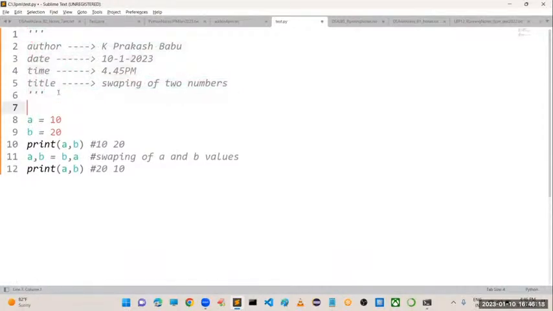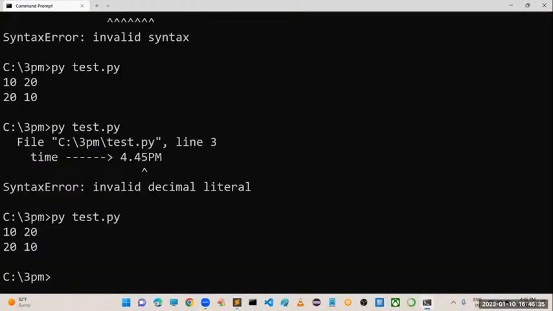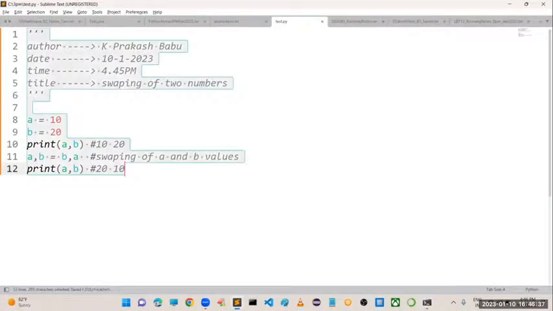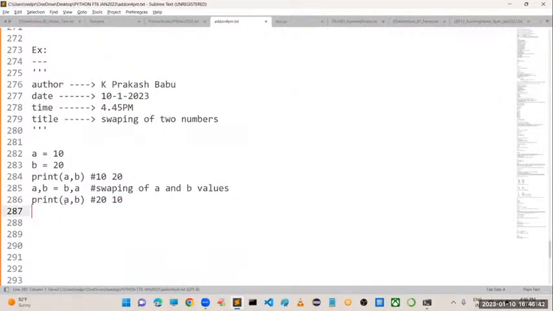These are multi-line comments and these are single line comments. Whenever you need to treat an entire line as a comment, it is better to go for the single line. And if you want to make a group of lines, then you have to go with these multi-line comments. In this case, the program will work fine. So this is what is meant by comments, and how you can declare comments in Python. With this you got clarity about single line and multi-line comments and how to define them.